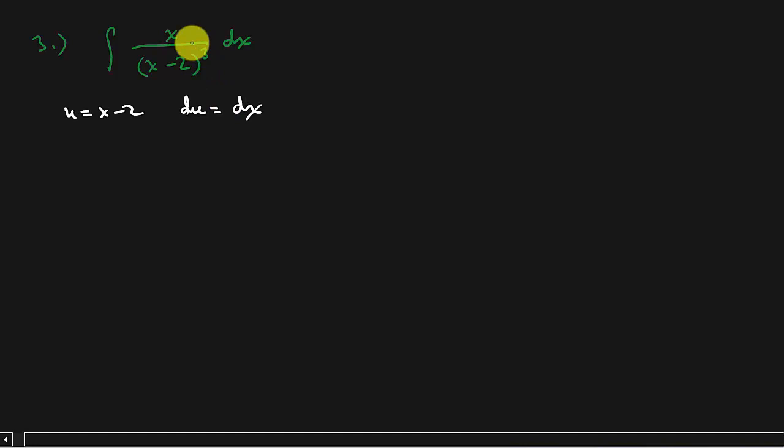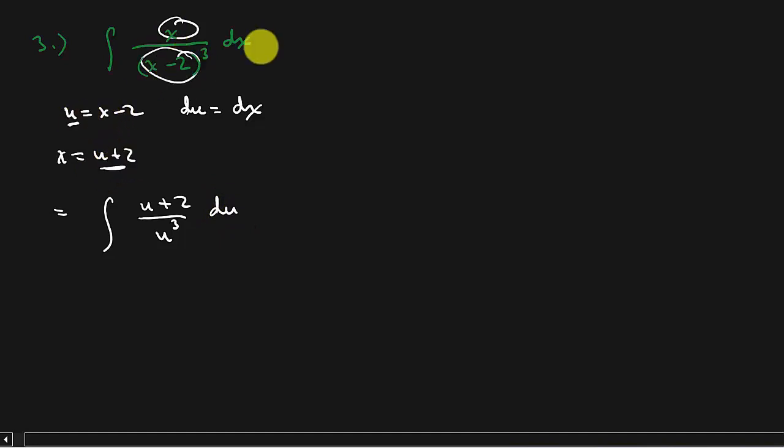All right, so I'm going to replace the x minus 2 with u, but I have a problem here. I've got an x. Well, what's x? Well, I want to get everything in terms of u, right? So what's x? Well, x is equal to u plus 2. So plug everything in. So this is going to be the integral of (u plus 2) over u cubed, and that's du. So the x got replaced with u plus 2, the x minus 2 got replaced with u, and the dx